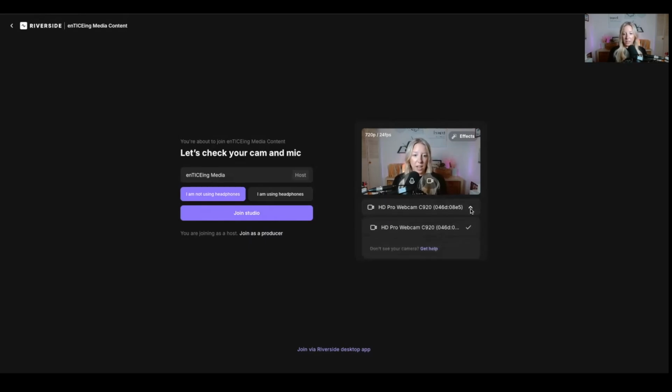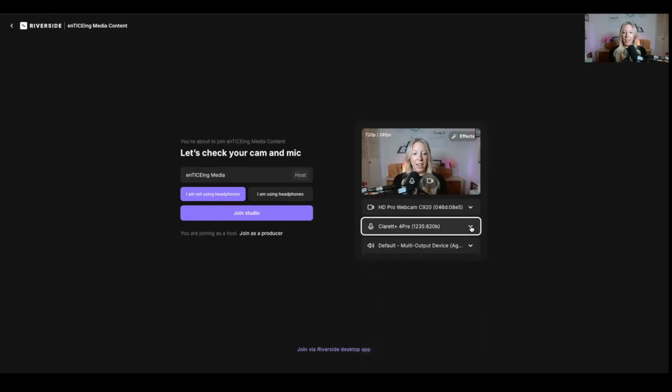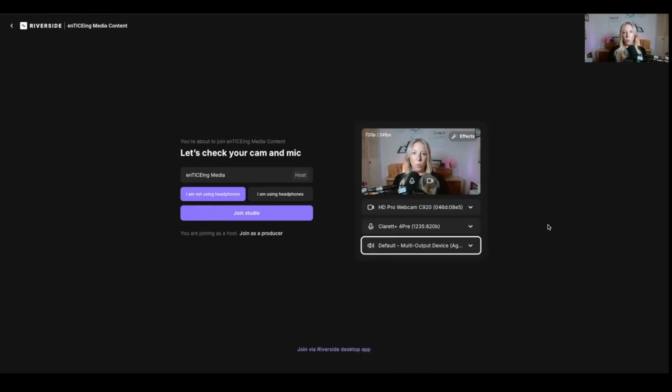This is, in fact, my webcam that I'm using. And this is actually the name of my audio interface, which my mic is coming through. So that all makes sense. And this is my output. So I know what my outputs and inputs are, so you want to make sure that you know that as well. If you're using a microphone and you happen to see one of these says computer audio or internal microphone,